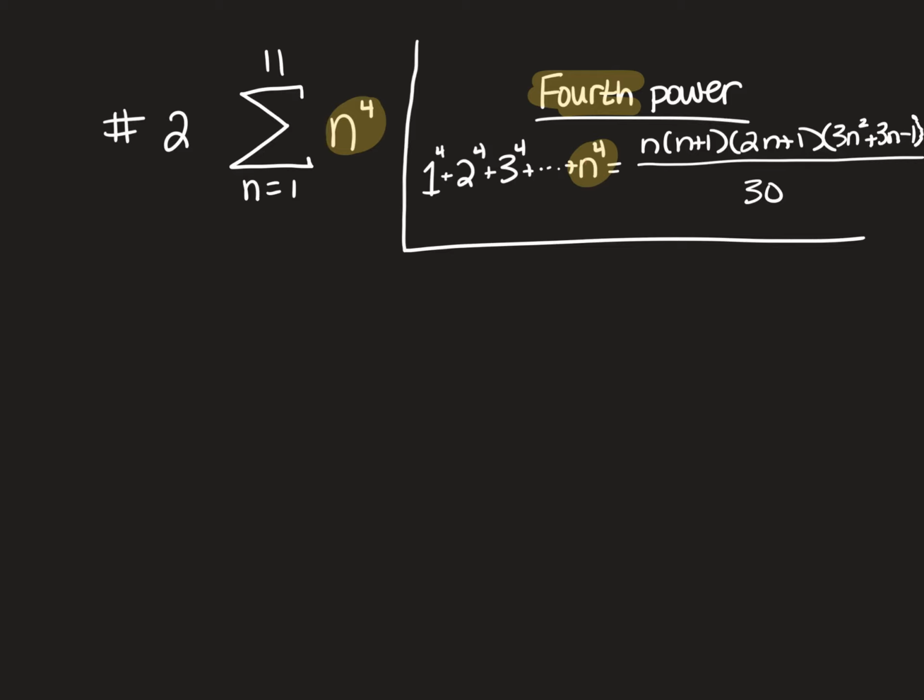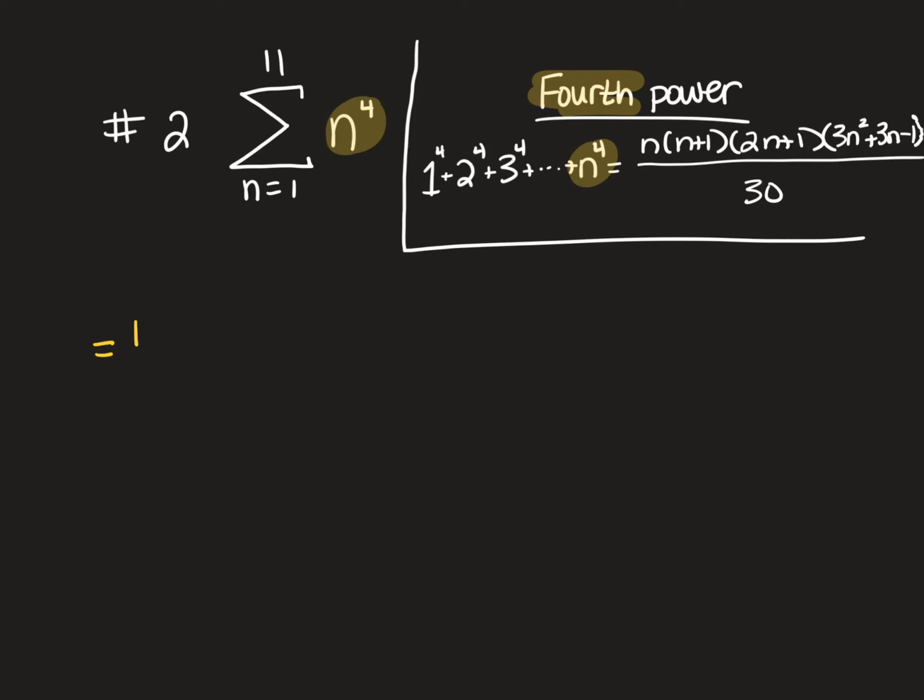Again, we can see that kind of matching with what we have written down. N goes up to 11, so everywhere we see N in this formula, we're going to replace it with 11, and that's how we'll find the sum. So this one just takes a little bit more substitution, but once you get the substitutions done, you can use